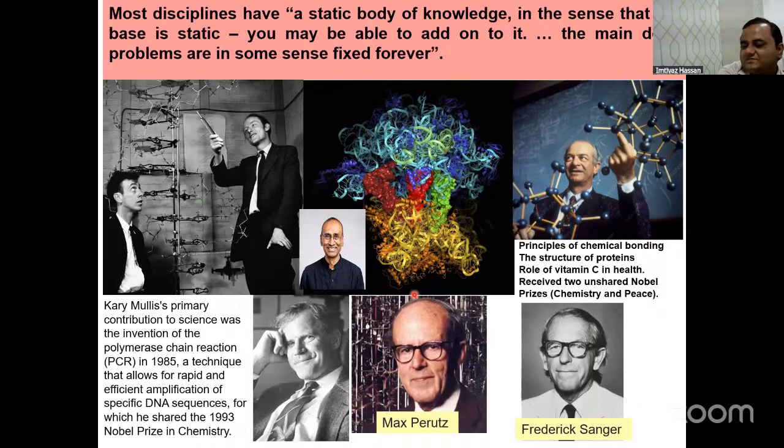Then Linus Pauling, nobody knows what his field is. The physics person says he's from physics, the chemistry person says he's from chemistry, the biologist says he is a biologist, because his contribution was amazing. Many of you know the alpha helix. The alpha helix structure was given by Linus Pauling. The concept of chemical bonding was given by Linus Pauling. Also the role of vitamin C in human health was given by Linus Pauling. So he's one of the great scientists, and he had no single subject. He had every subject.